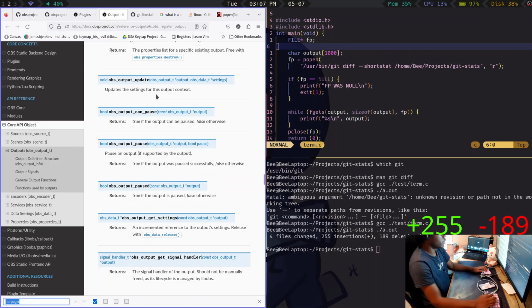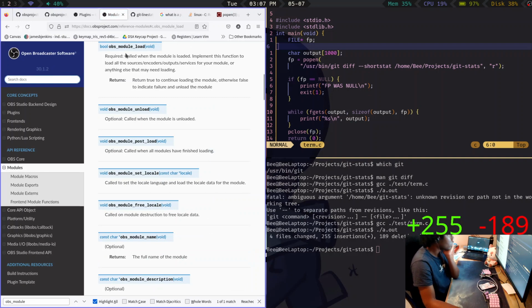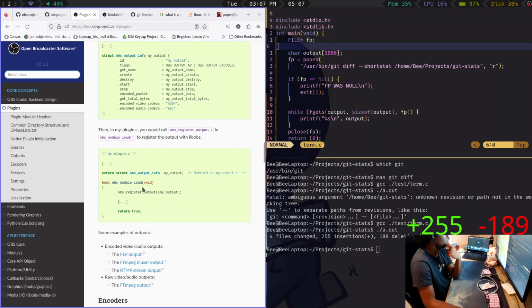OBS module. There's only one of these. Called when it's loaded. Implement this function to load all sources, encoders... Oh, I understand.